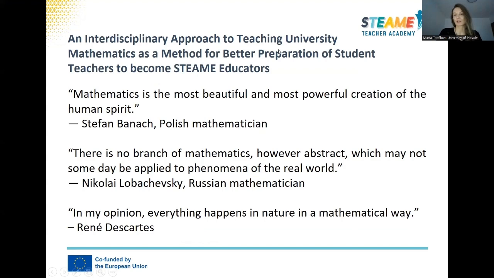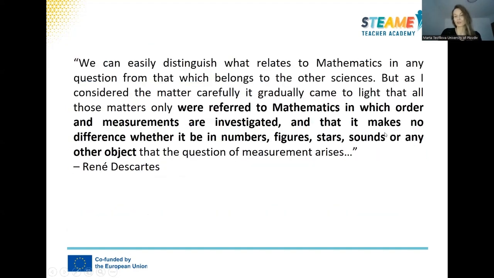As I was inspired by the talk of Professor Makridis, I would like also to begin with some quotes, but I won't read all these quotes. They are by famous mathematicians, and they all underline the importance of mathematics in life and in science. I will read only the last quote by the famous father of analytic geometry, René Descartes. In my opinion, everything happens in nature in a mathematical way. And this quote goes on, but I will leave this for everyone who can read the presentation on the website